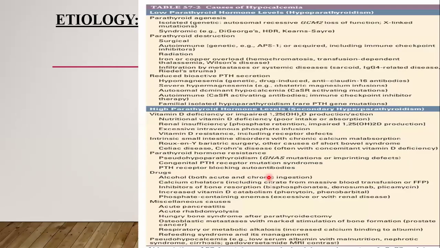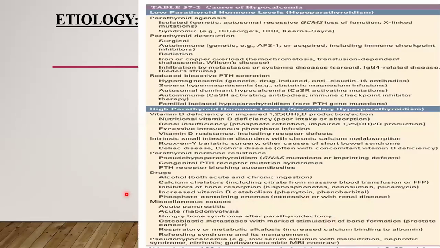acute and chronic ingestion, calcium chelators with massive blood transfusion, inhibitors of bone resorption like bisphosphonates, denosumab, increased vitamin D catabolism, phenytoin, phenobarbital, phosphate-containing enemas, excessive or with renal disease, miscellaneous causes like acute pancreatitis, acute rhabdomyolysis, hungry bone syndrome after parathyroidectomy,